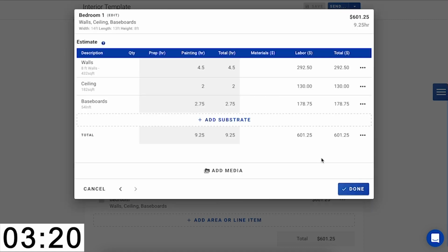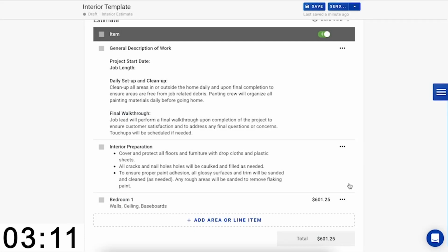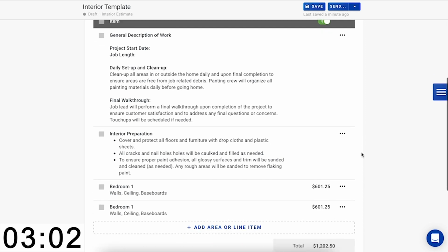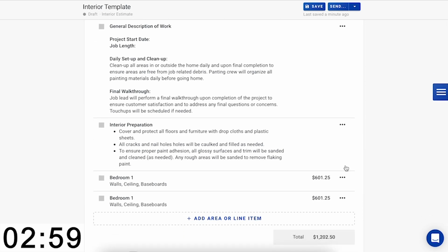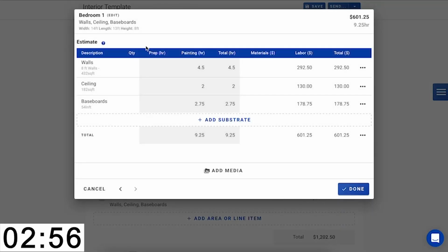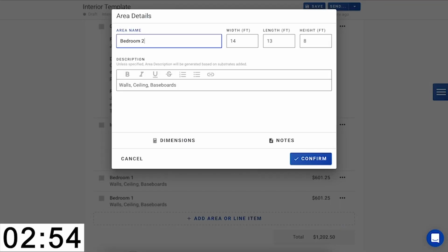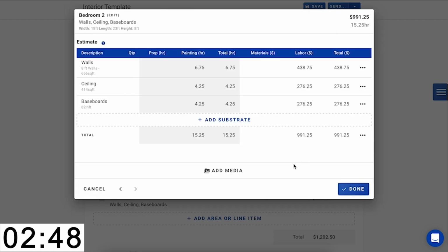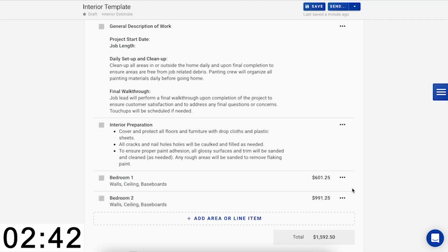When I'm done, I'm going to press Confirm, and then you'll see here that all of those substrates have automatically recalculated based on the new measurements. So I can press Done, and that first bedroom has already been estimated. To do the second bedroom, I'm going to press the 3 dots on the right-hand side and press Copy. This is going to replicate the substrates and the area measurements of that first bedroom, so I can come in here, go back up to Edit, relabel this to Bedroom 2, and adjust with the new measurements of the other room. Press Confirm, and you'll see here that all of those substrates have already recalculated based on those new measurements. So press Done, and we've already had 2 full bedrooms completed.